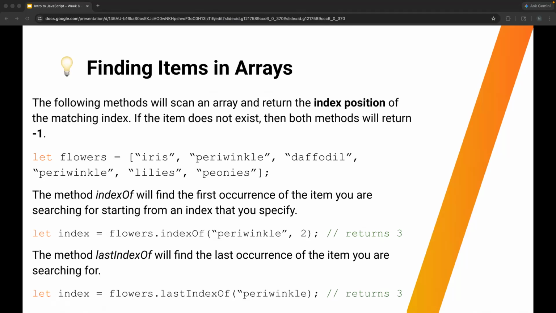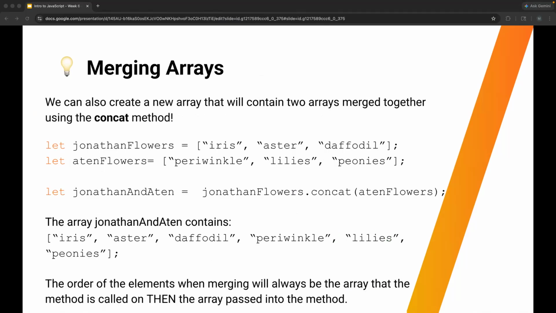And then the method lastIndexOf finds the last occurrence. So if you just do lastIndexOf periwinkle, then it will return